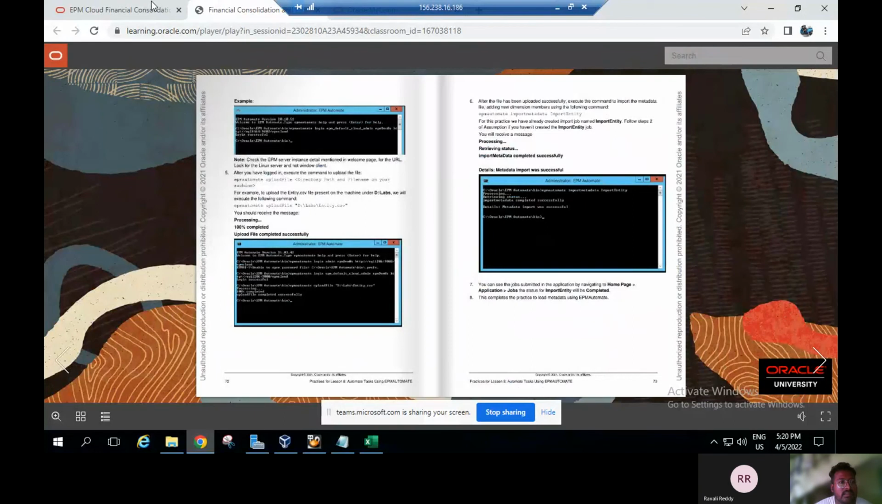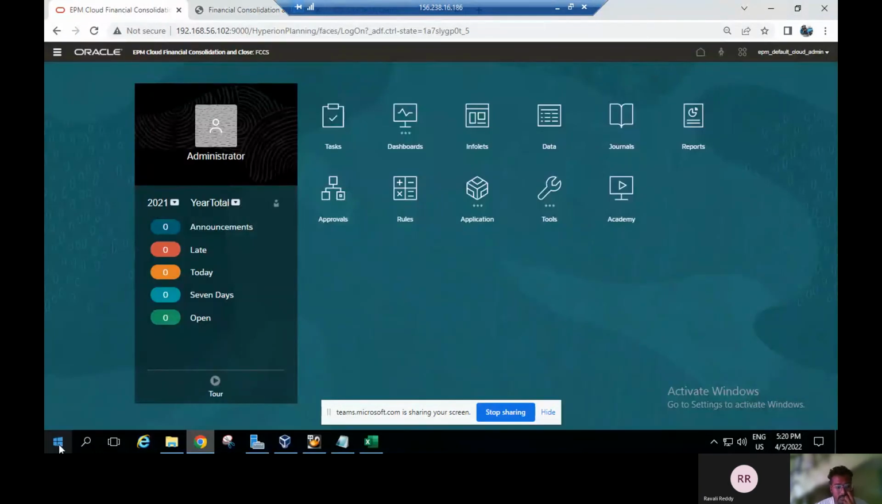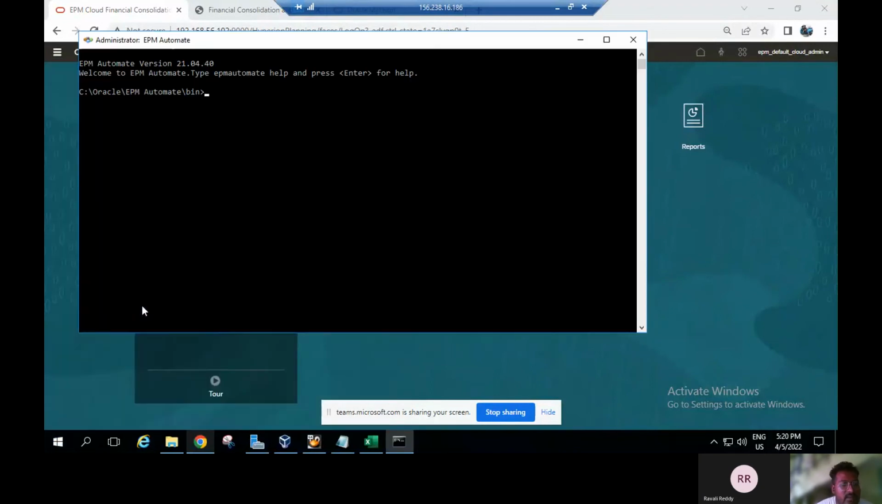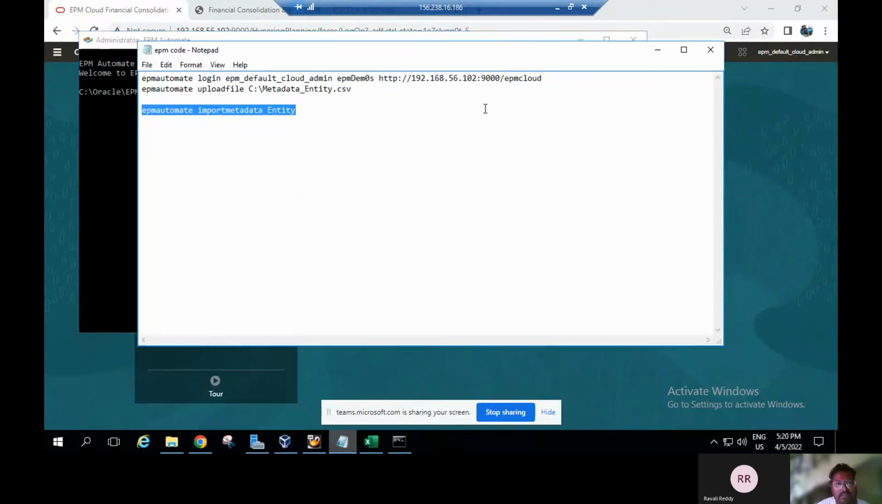For that, you have to select the application. Here you have to select the EPM Automate I downloaded. I have to select the EPM. You have to select launch EPM Automate. Here you have to give the credential for the particular member. This is a credential one. I will give this credential, copy